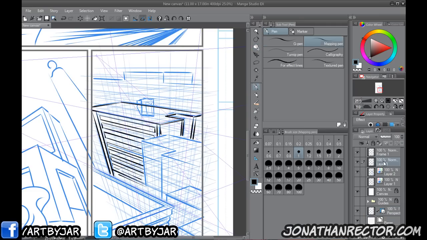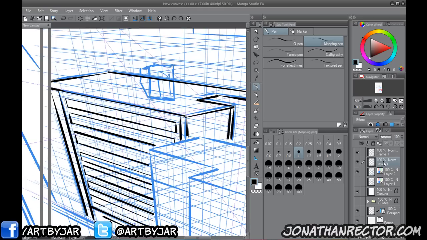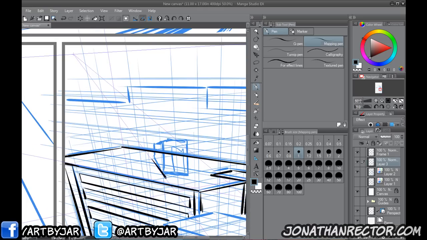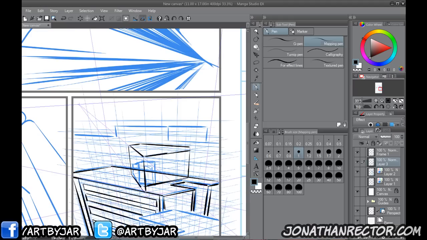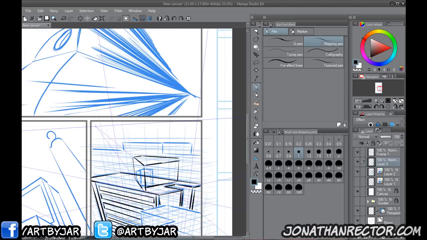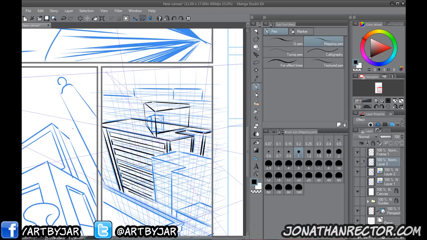And what we're going to do is just draw the sides of this thing. And it'll still snap to that. So this is very gross. Like, ugh. The perspective's correct, but I'm just trying to show you guys how you would add something else in perspective that's not necessarily on there, but still have the same snapping tool. Anyway, I'm going to get out of here.